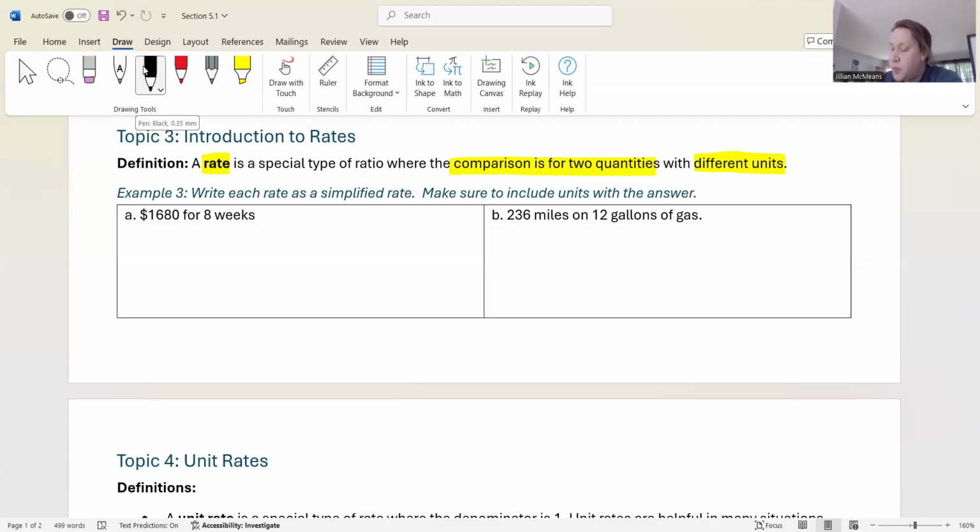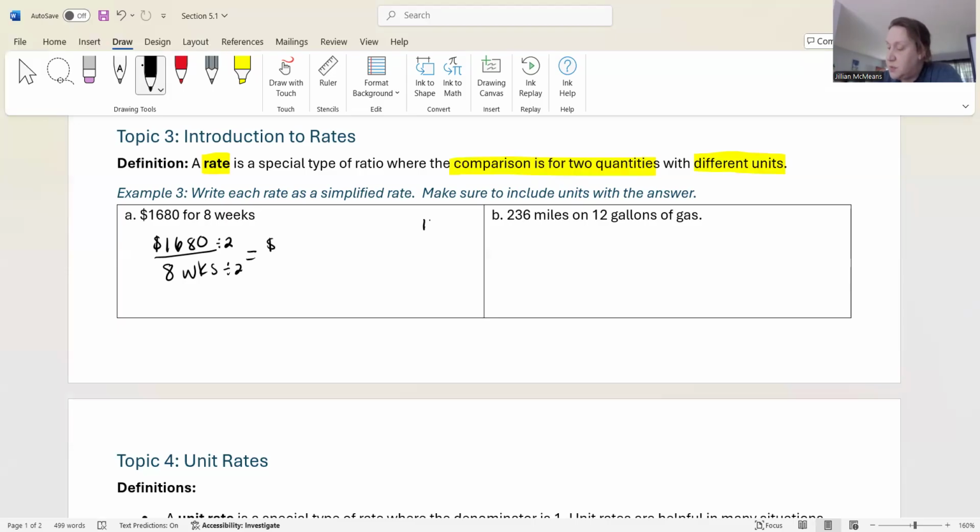So for part A, we have that we're comparing basically $1,680 with 8 weeks. So we would start just like we do with regular old ratios, $1,680 in a numerator and 8 weeks in a denominator. And then we want to see if we can simplify these. So I see right off the bat, these are both even. So we could start by dividing these by 2. So if we were to divide each of these by 2, I would get, well,